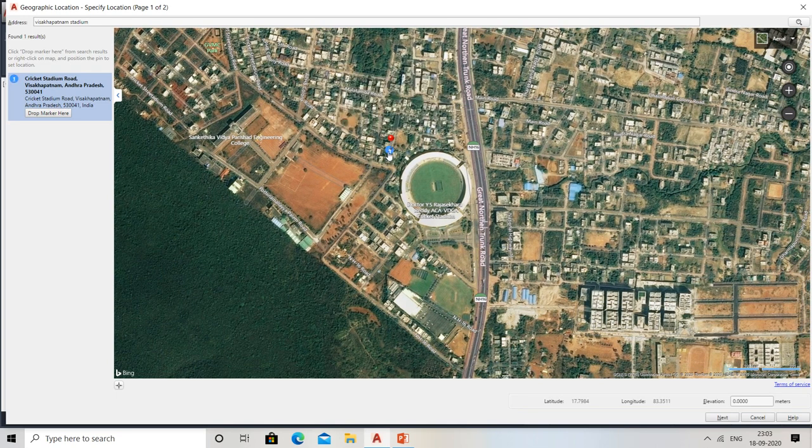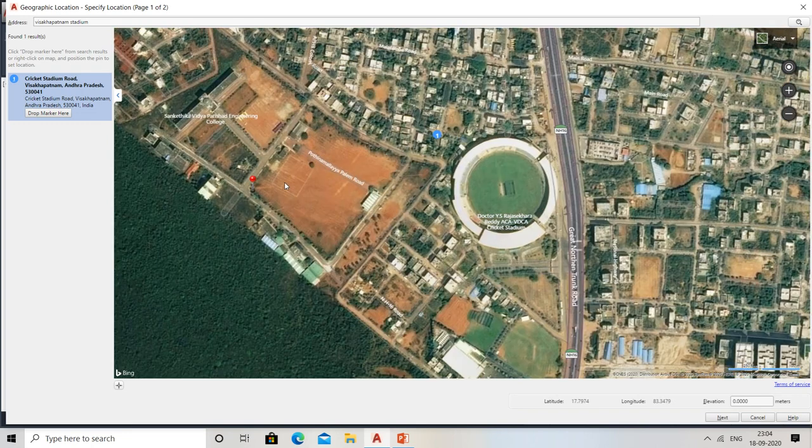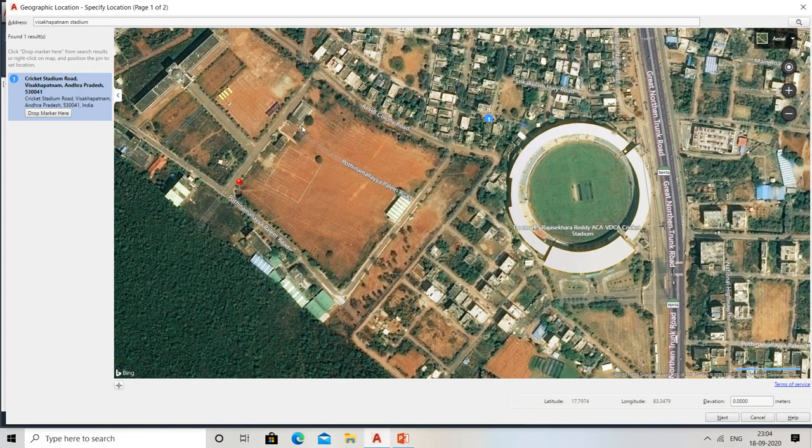Keep your cursor here, press and hold the left mouse button, and drag it up to here. This is your drop marker. Now leave your mouse. I want to measure this area.